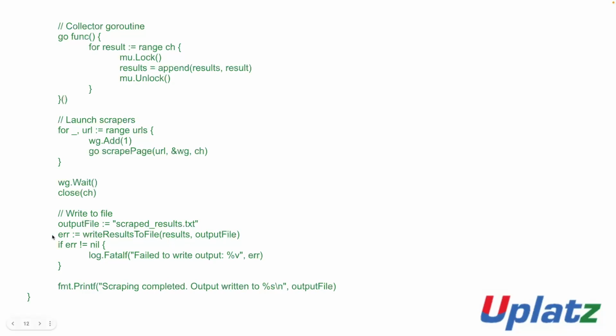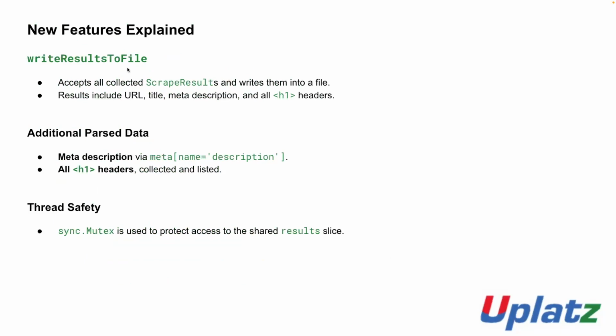This file, if that is nil, the result is not nil. Then this one, log.Fatal, error, show that. Otherwise, scraping completed, output written to this output file. Okay, new feature explained. Write results to a file,